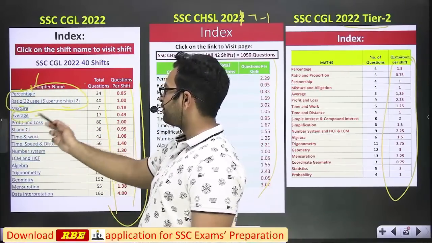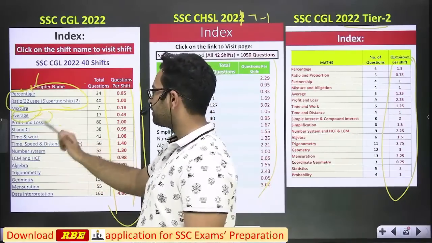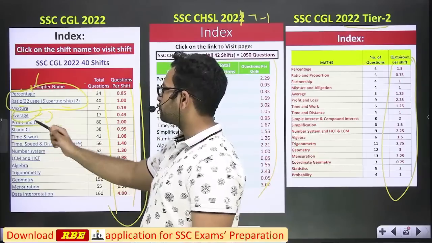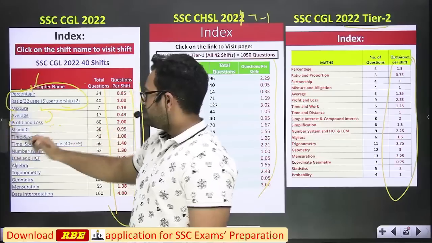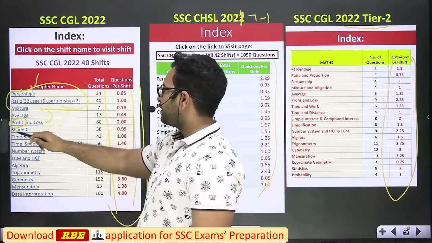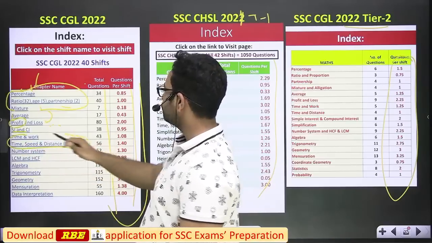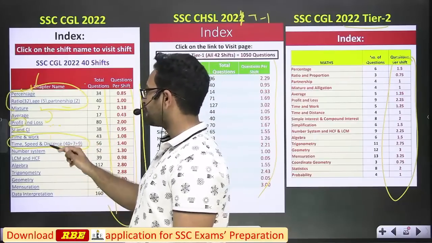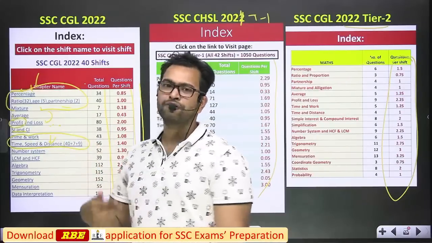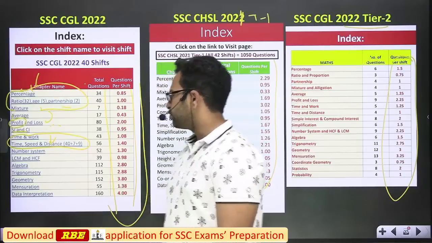If you had done average as well, you will learn the concept of deviation that will be useful in profit and loss as well. If you have understood the concept of profit, you can do CI and SI questions. Time and work, time, speed and distance, you can do even after doing percentage and ratio. These are a little different but connected. Just do time and work first, then time, speed and distance. It will be easy to go.